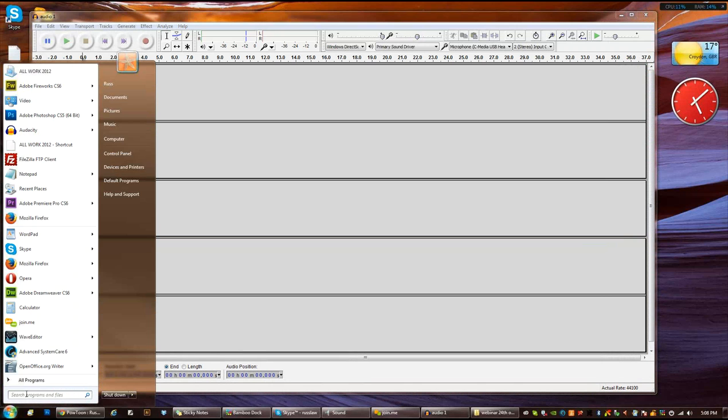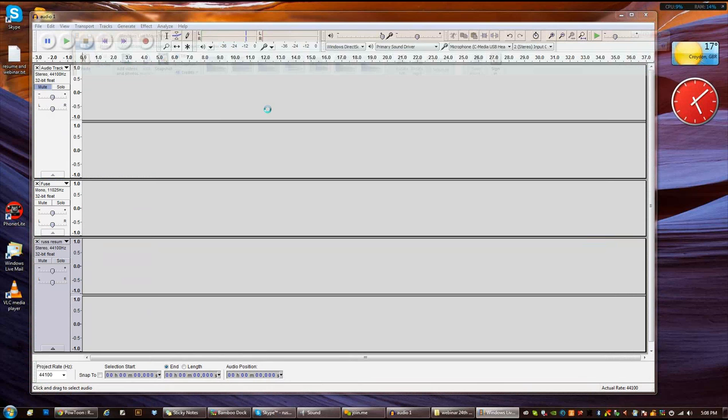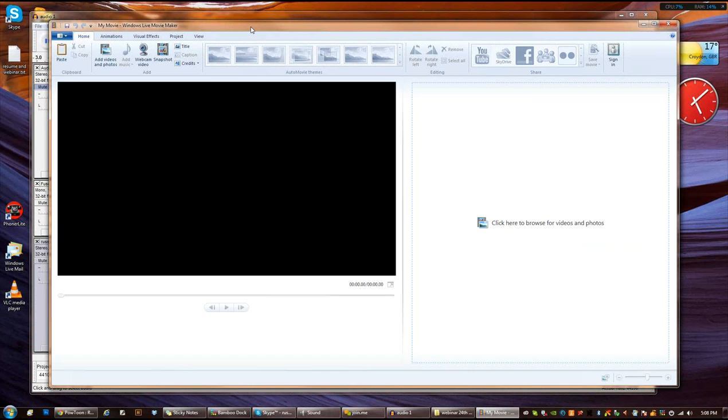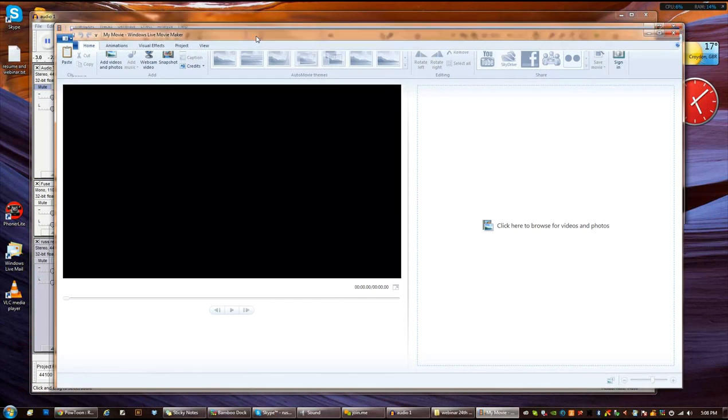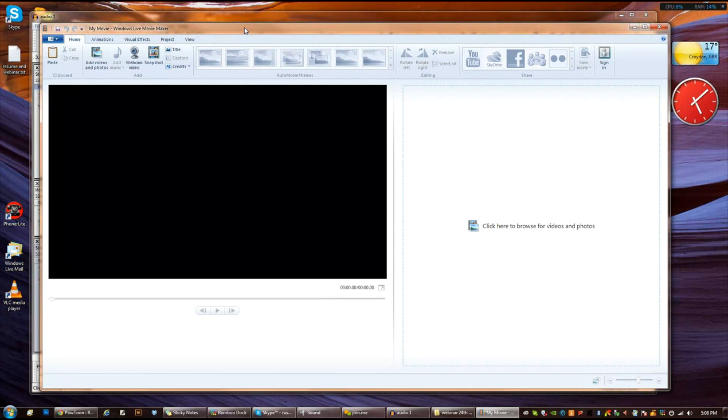The other one is Windows Live Movie Maker, which I was really pleased to see. I've had a look around the internet at other free movie makers, and this one, and I think any of you Apple people have got one as well, allows me to drop in sound effects nice and easily anywhere in a Powtoon. So that's what I wanted to show you today: just to whack in those pops and zings and crackles and bangs that really make your Powtoon stand out from everyone else's. And it's not hard.